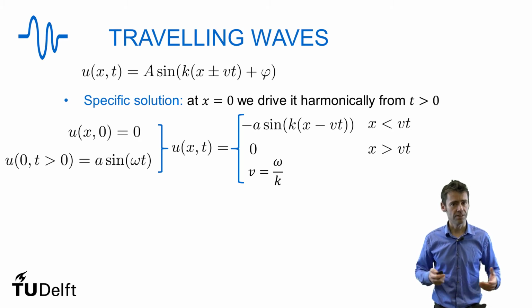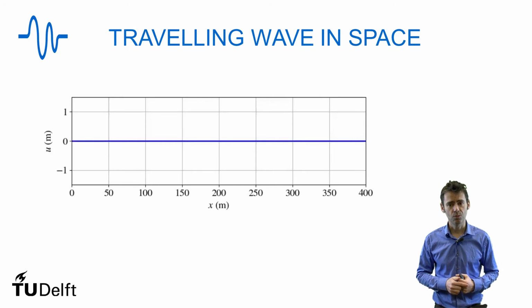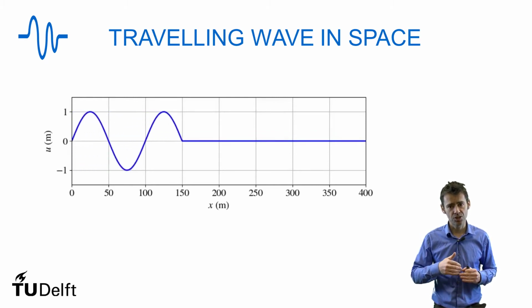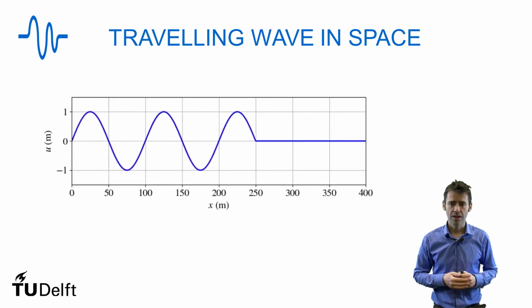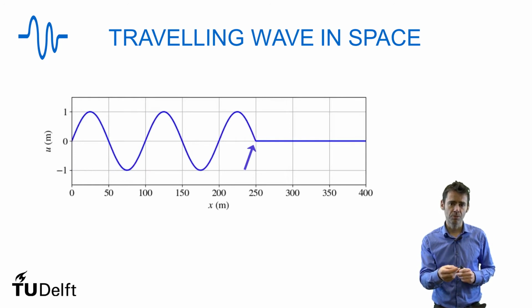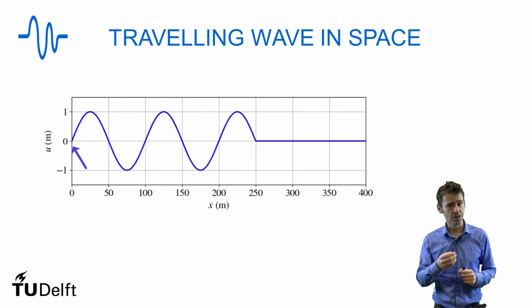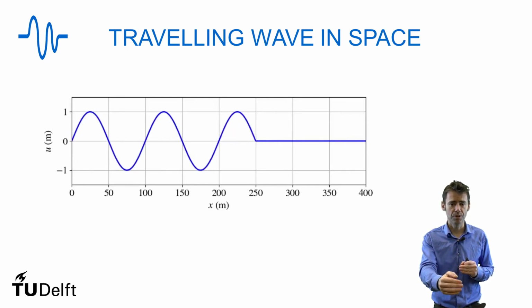So it's easier to look at it in some graphs that I made for you. Here you can see the traveling wave in space. I started to move it at t equals 0 with a harmonic oscillation, and then it starts to move away from me. The points that are furthest away from me just start to feel this harmonic oscillation and start to move upwards. But the points closest to me have already made quite a few of these oscillations. And so this wave essentially is now an oscillation in space that travels away from me.